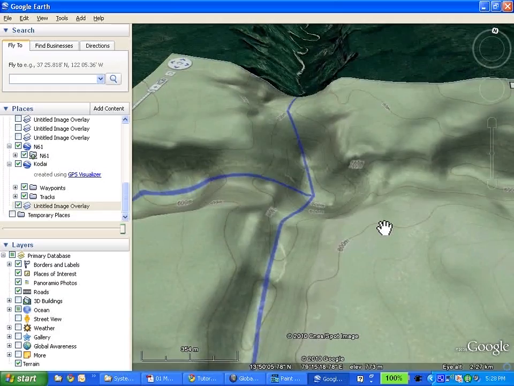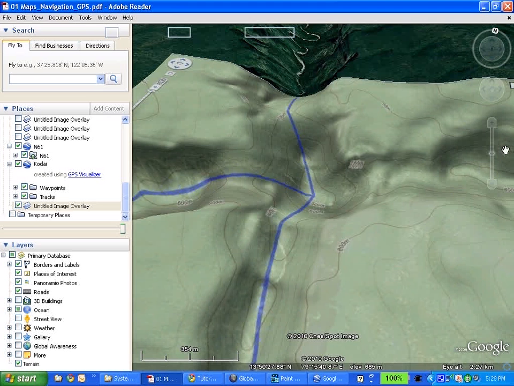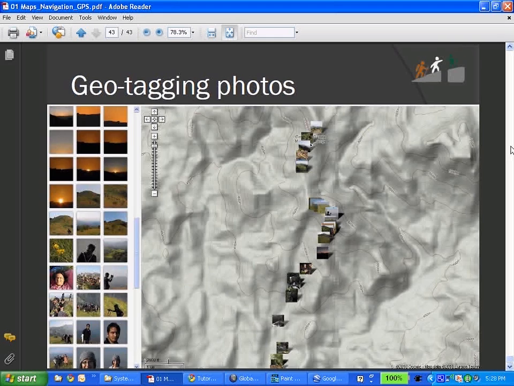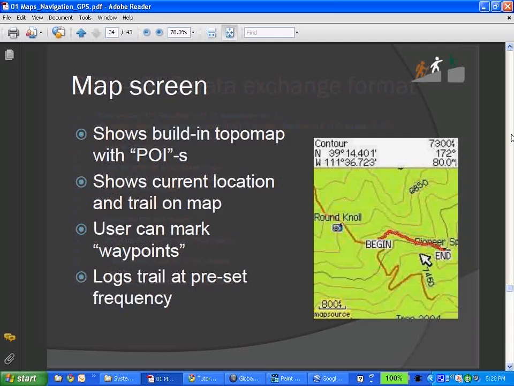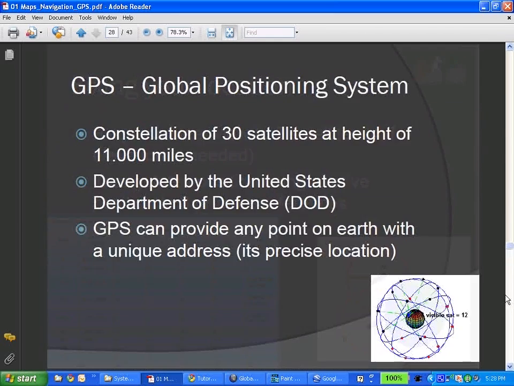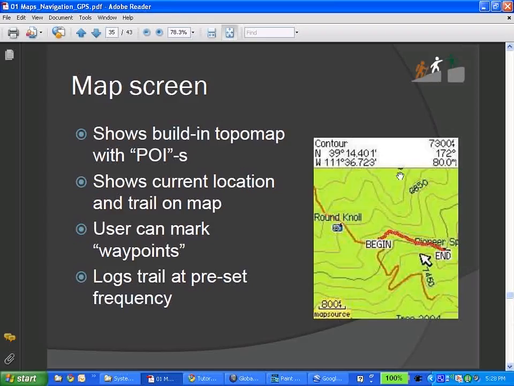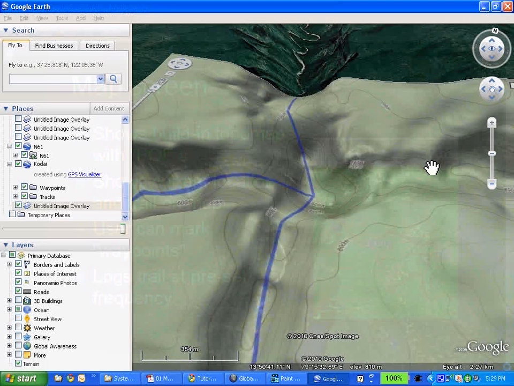Because then basically you can do what the Americans do, right? Remember, in the American GPSs you will have topo maps that show you these, if you go a little bit back to the GPS screen, remember, you will see exactly the same topo lines, but then for India. Right, so until Garmin decides maybe 5 years from now to generate some decent topo maps, I guess topo maps might also not easily be available because of security reasons from a government perspective, but at least you are in a position now to